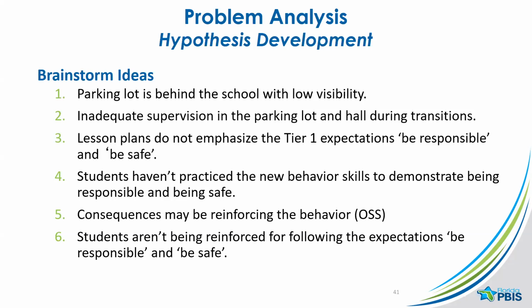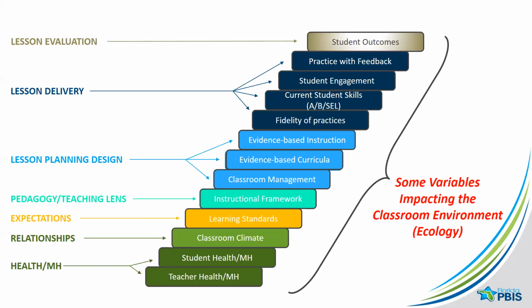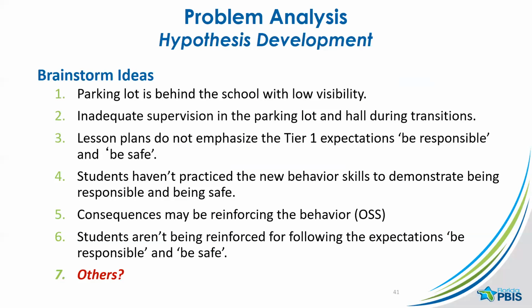And we can find evidence of that if we go to our BOQ and find that that particular component is low. So looking at these different hypotheses at this point, we want to now begin to think about how do we assess whether these are true or not. Again, we can look at existing data, or we can collect new information to begin to understand which of these ideas might actually be valid. And we want to select the ones that we have evidence to support are true, because those are the ones that we're going to use to build our plan around.